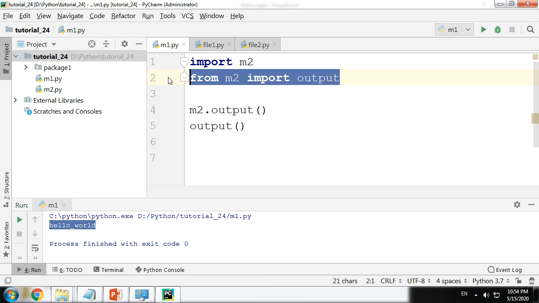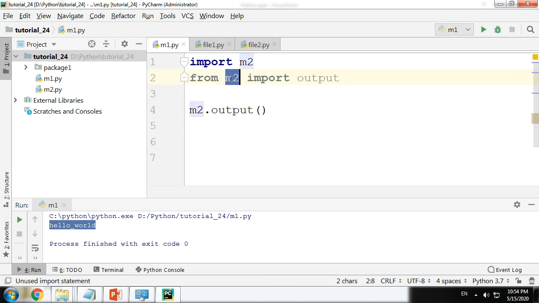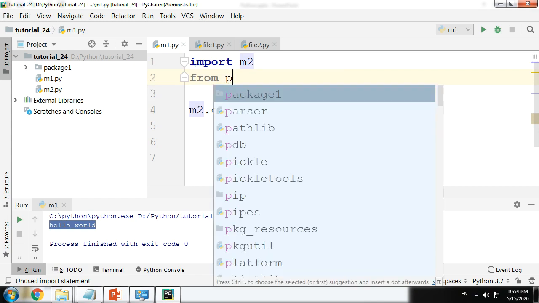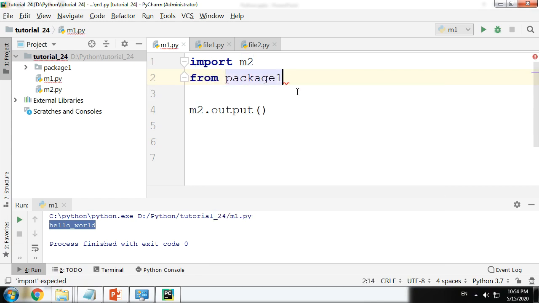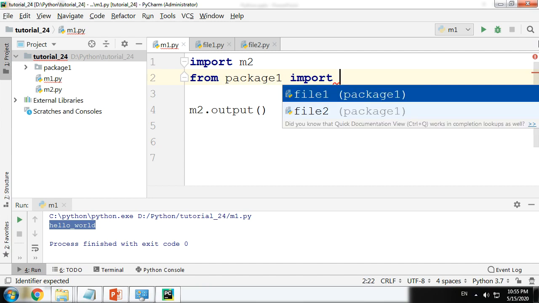Now in the same way, instead of from the file import the function, I can also type from the package. So from the package, which is package 1, exact same name, import, and if I do Ctrl space, I get to see those two files right here. So file 1 and file 2.